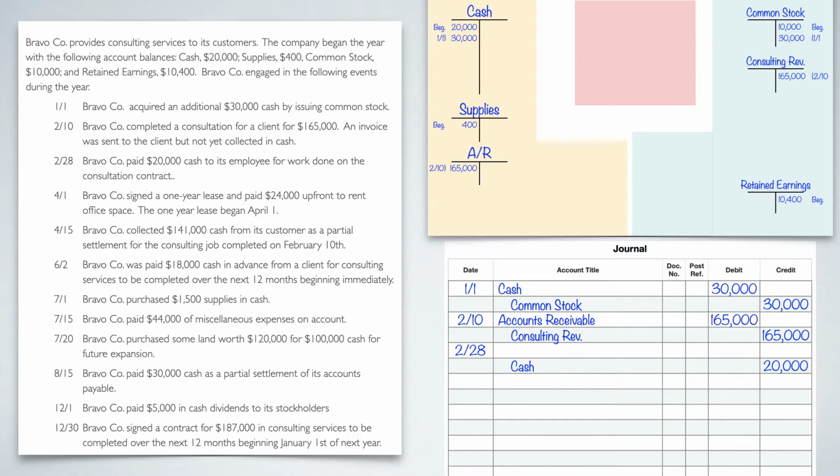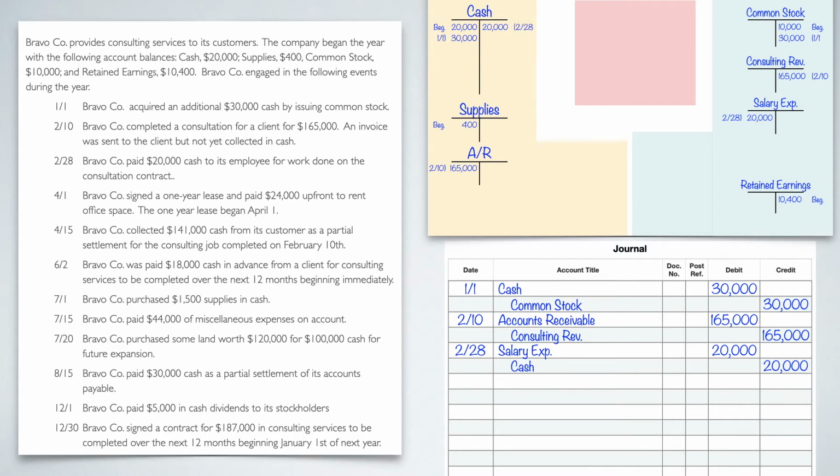Now we need to know what the debit is going to be. Well, we've used our employees' services, and the things we use, we expense them. So this is going to be an expense account, and I'm just going to call it salaries expense because I'm paying for their salary for $20,000. So I need to, again, make another T-table for salaries expense. This time it's going to go on the debit side because it is an expense. Expenses are plus minus. It is going to be $20,000 as a debit for salaries expense, and then $20,000 as a credit for cash because, again, our cash is going down.